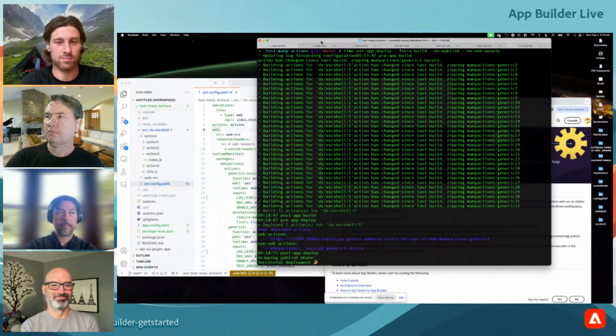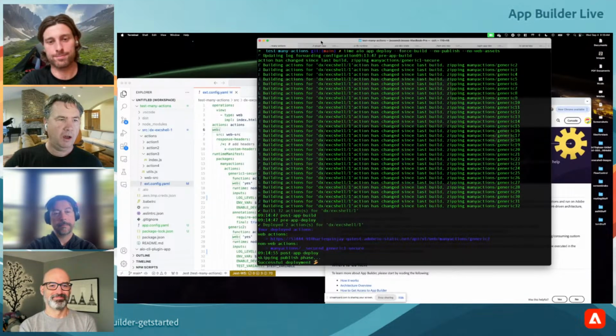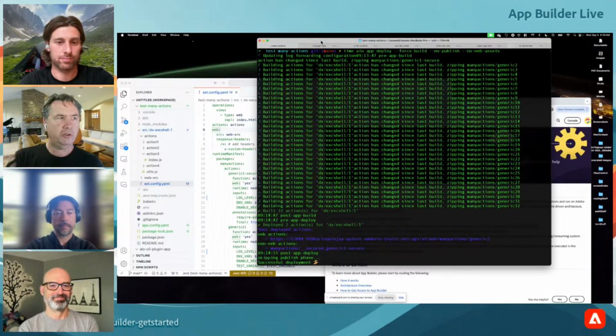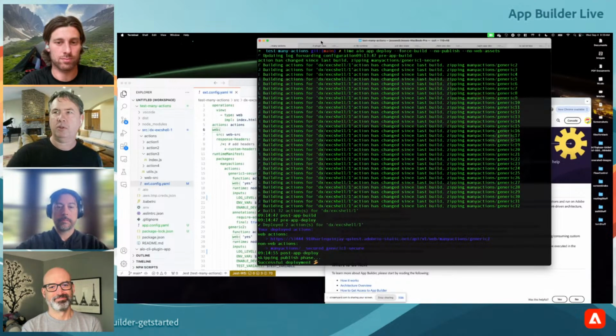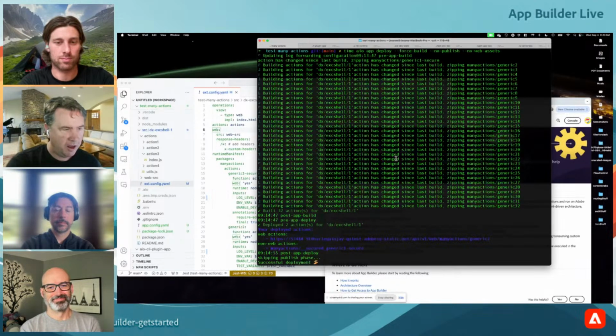We've always had commands in there that would let you drill down. So if you changed a single action and you wanted to deploy just that action, we've always had flags that you could use to do that. But it seems like that was more of an advanced user feature, and it wasn't necessarily known to everyone. So some users were banging their head going, well, every time I deploy, I have to wait and then come back. So what we've done, and I've just run here,